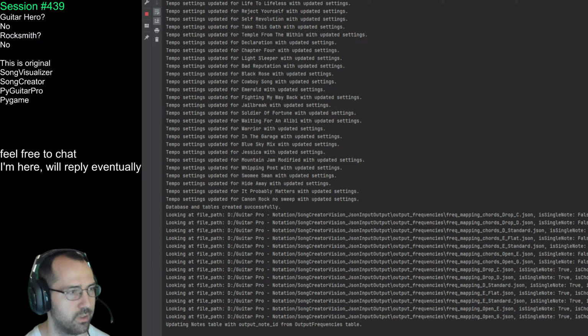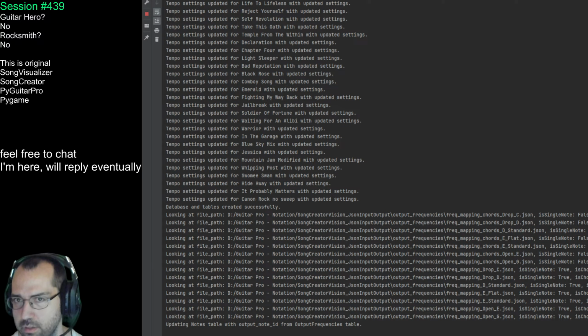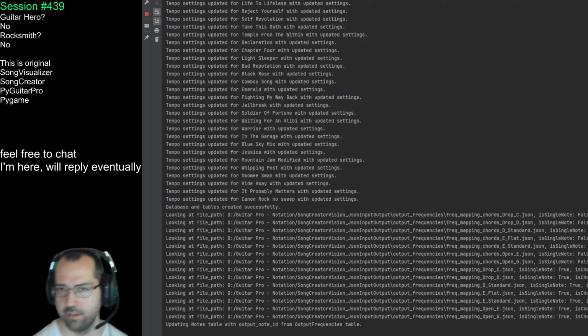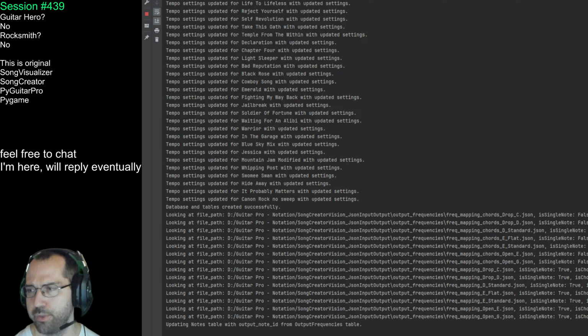I'm waiting for this database update to finish. It's almost there, so I could look at some data. There's something I updated. In particular, this output frequencies table has taken me a lot of time